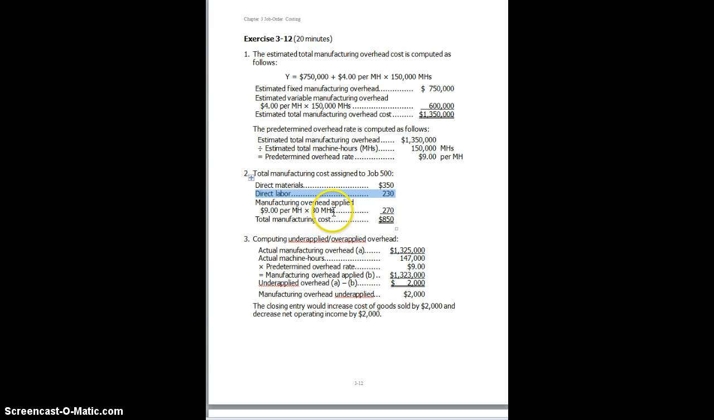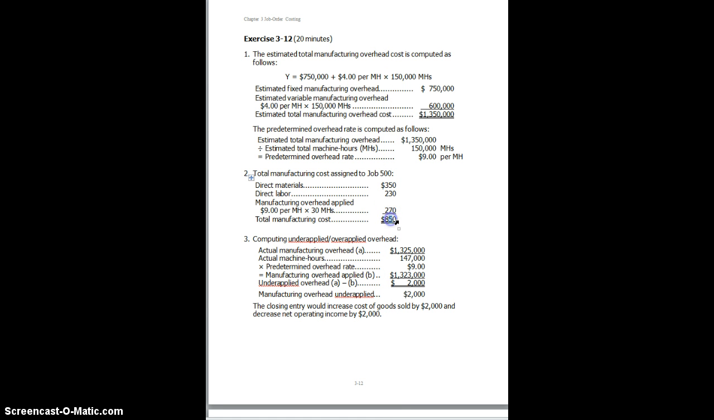The manufacturing overhead applied is simply $9 per machine hour times 30 machine hours, $270. So in this problem, job number 500, we are told that there are 30 machine hours. Those 30 machine hours multiplied by $9 per machine hour gives us $270. So the $350 of materials, $230 of labor, plus $270 of overhead gives us a total cost for job 500